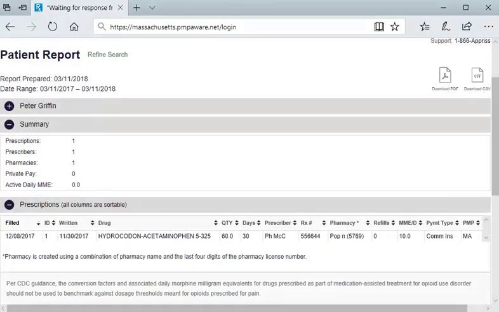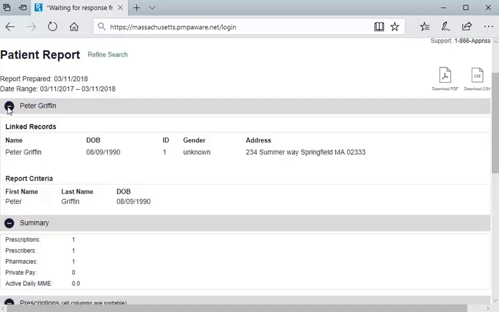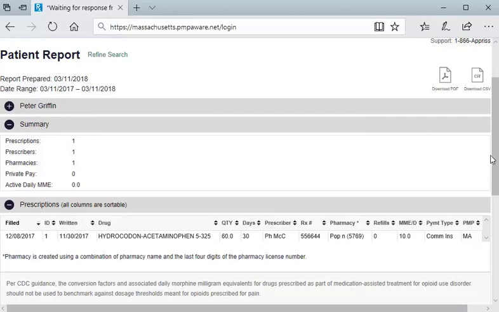Here on the patient report page, information about this patient's prescription history is displayed in 3 main tabular views, by prescriptions, prescribers, and dispensers, with summary counts of the records in each of these tables near the top of the page. For a more detailed walkthrough of this report, you can view the separate MassPAT patient search tutorial. To view search reports for other patients in your bulk patient search, you can navigate back to Bulk Patient Search. Choose the Bulk Patient History tab and select another patient, or click on the patient from the Recent Requests table